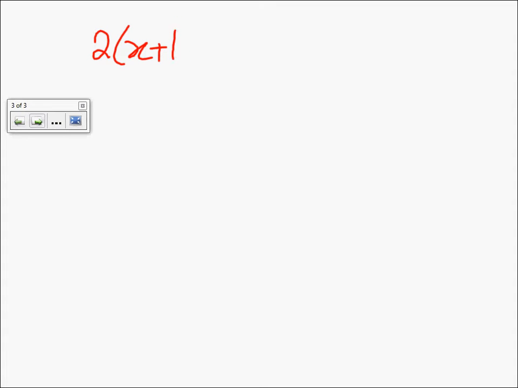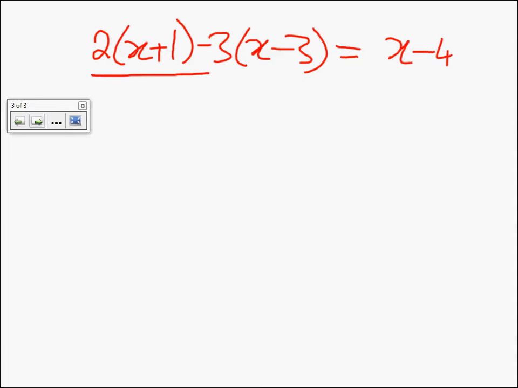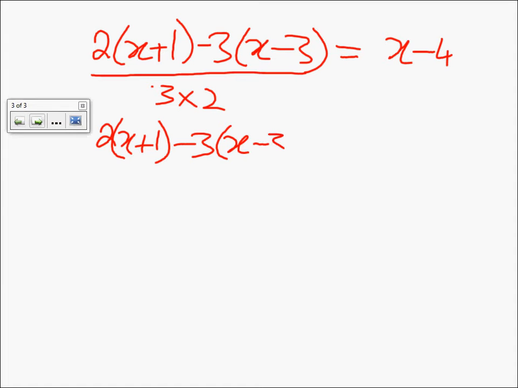2(x plus 1) minus 3(x minus 3) is equal to x minus 4, and there was 3 times 2. I'll quickly cross multiply. So very quickly this becomes 2x plus 1 minus 3(x minus 3) is equal to, this one crosses over to 6x